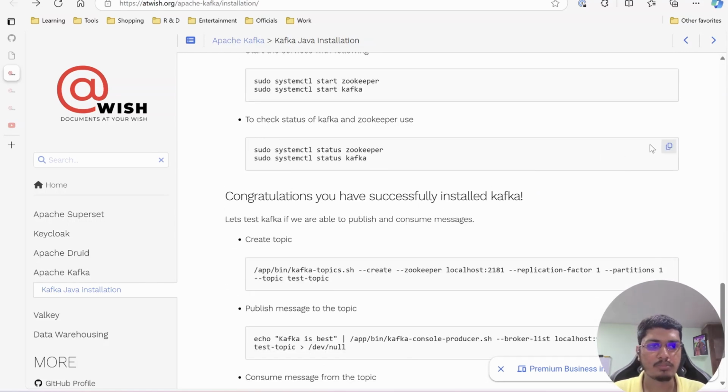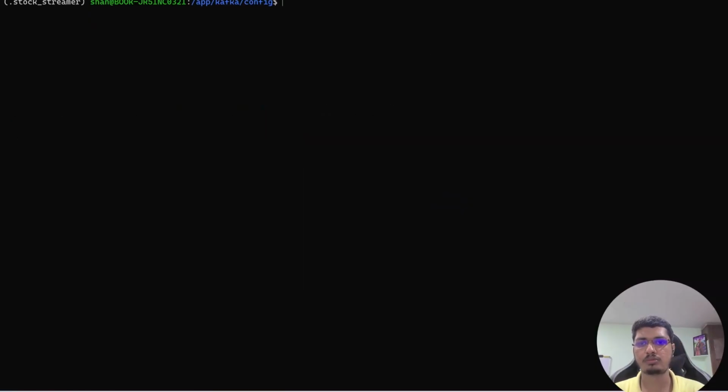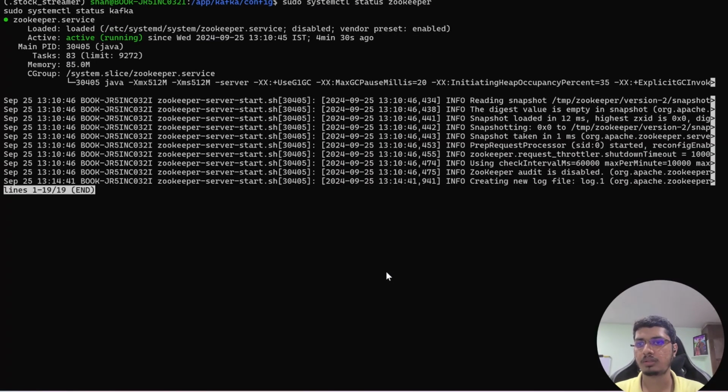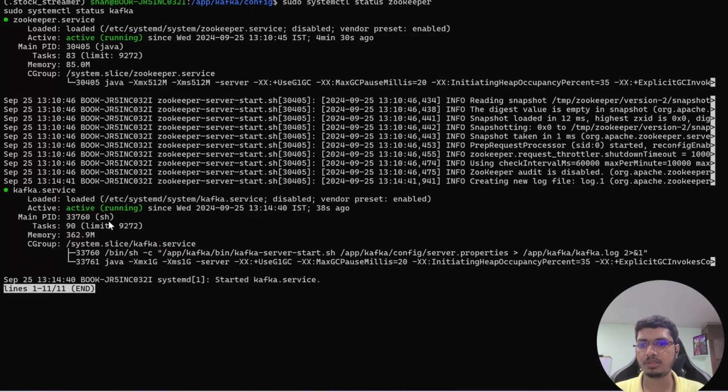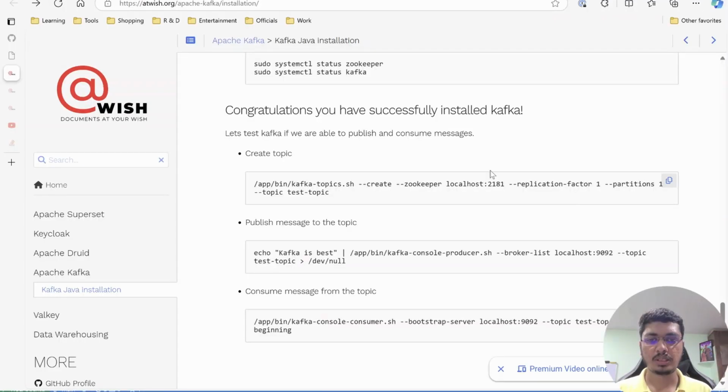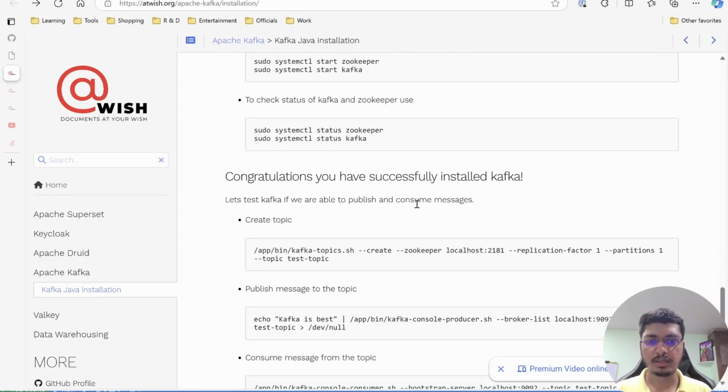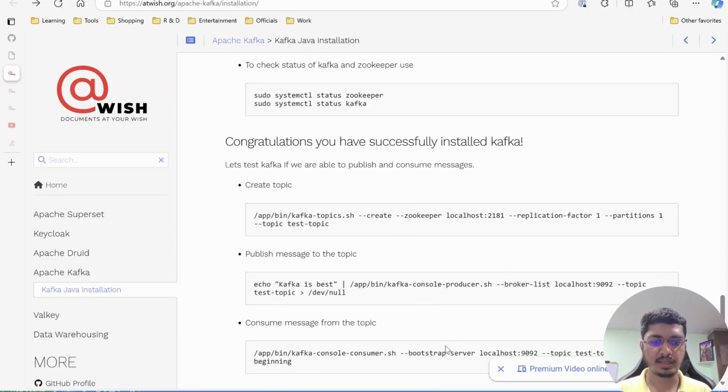Now we can see both of the services are running. The Zookeeper service is running, and the Kafka service is running. Okay, so now our Kafka is installed, and we can go ahead and check how we can put the